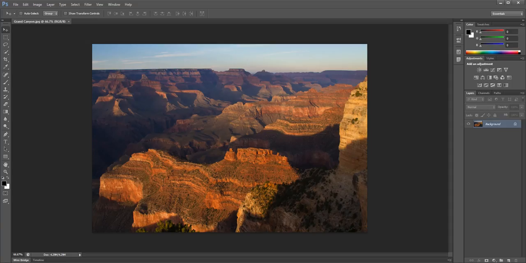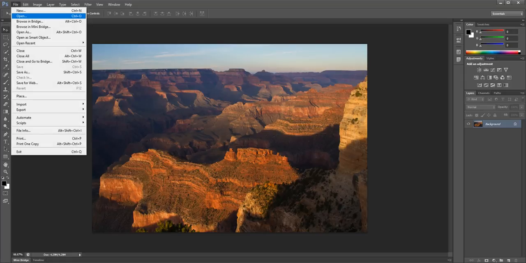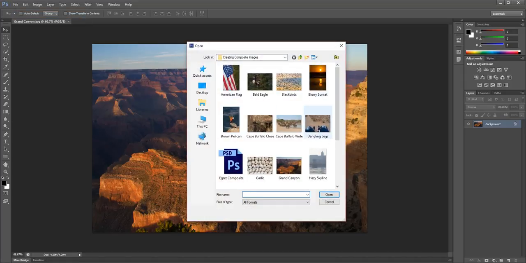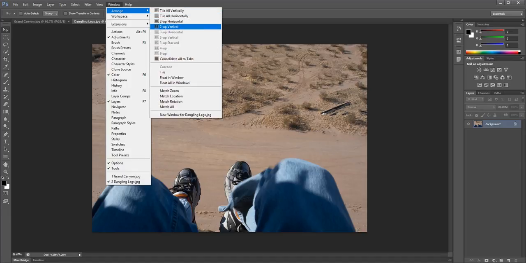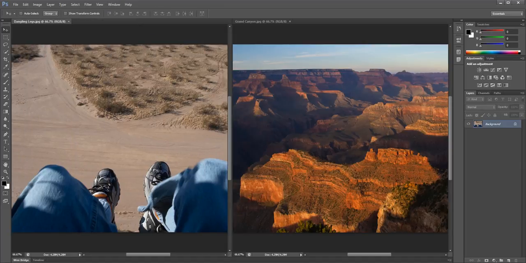Okay, so we have a Grand Canyon, and then I'm also going to open, let's put some dangling legs. Alright, so we have these 2 images, but I want them side by side. So we're going to go to the Window drop-down menu, arrange 2 up vertical, and as you can see both pictures. Now, I want to get one image into the other, so we're going to take the dangling legs,